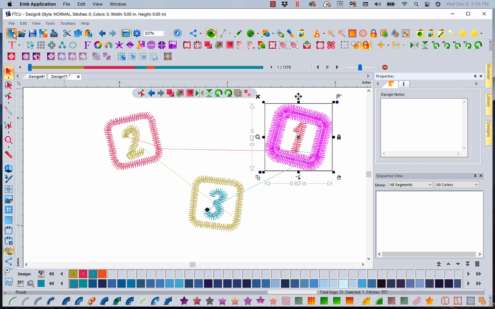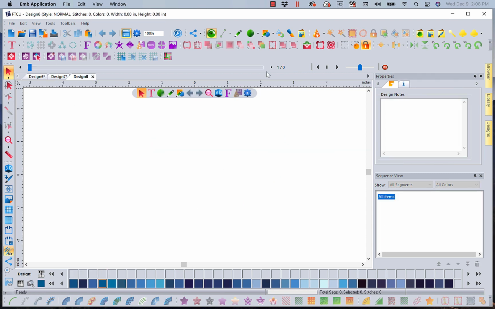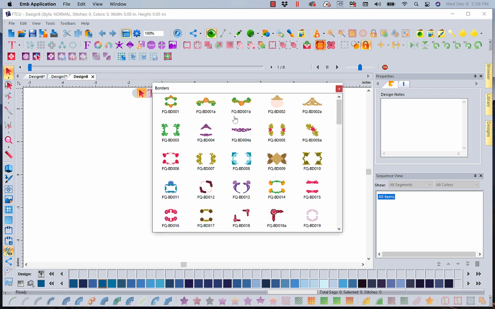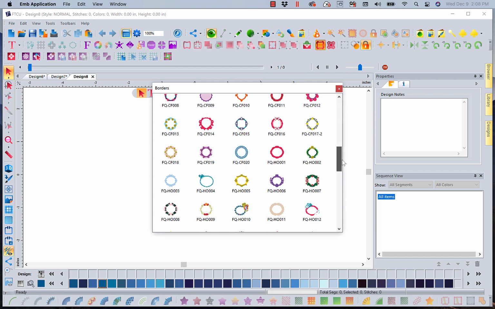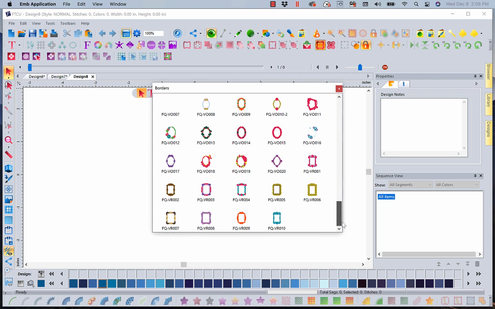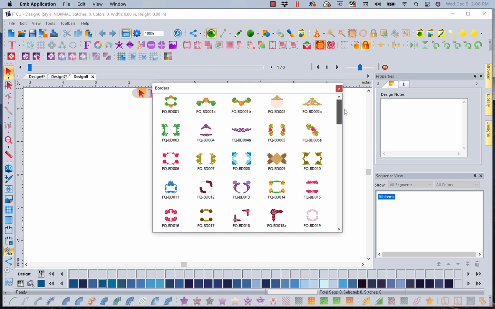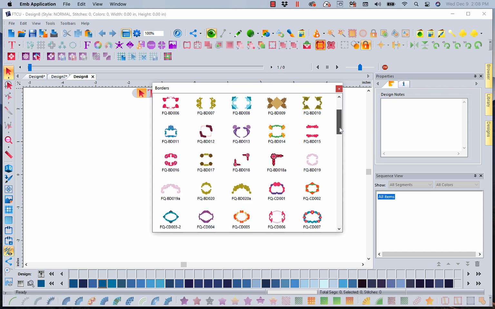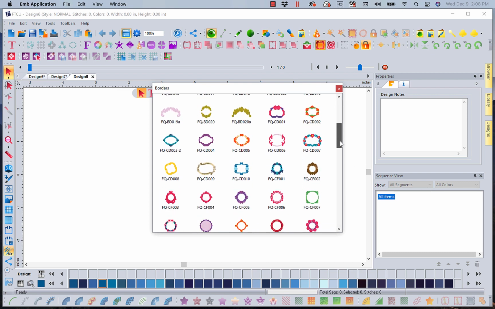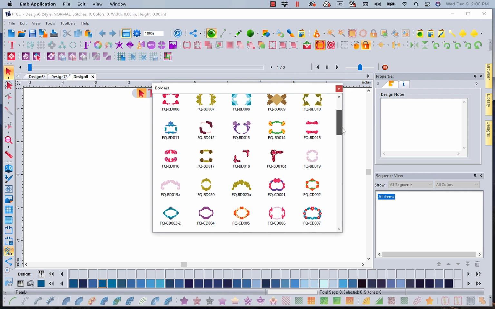Let's get a new piece of paper. I'm going to come in here, and I really like this grouping. These are supposed to be borders in quilt blocks. I see them more as quilt labels, but I also see a lot of things that I can borrow and play with. If I look in here and I say, let me look here. Let's see what we've got. I could come in and say, you know,